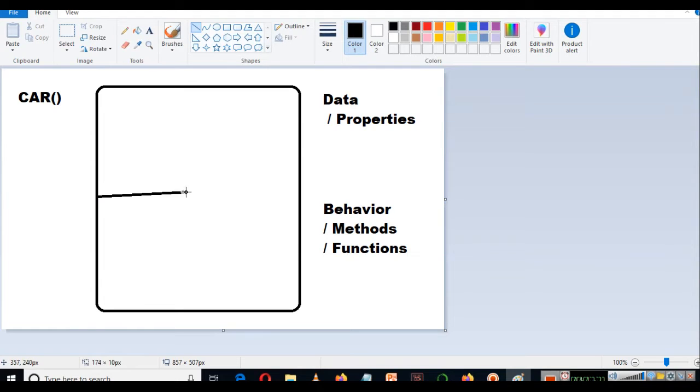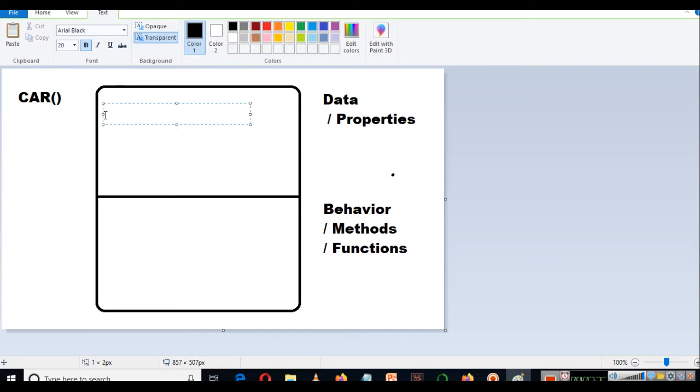So every real world object, for example a car, has some data or properties and it has some behavior or methods or functions. For example, data of a car can be the year in which this particular car was launched. It can be the model, the name of the model of that car. It can be the make of that car.